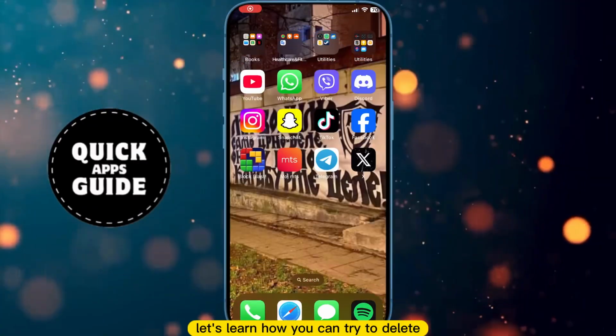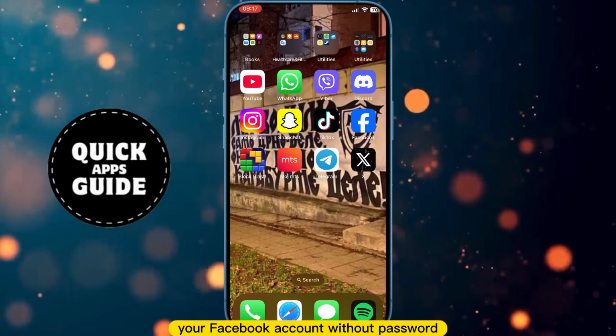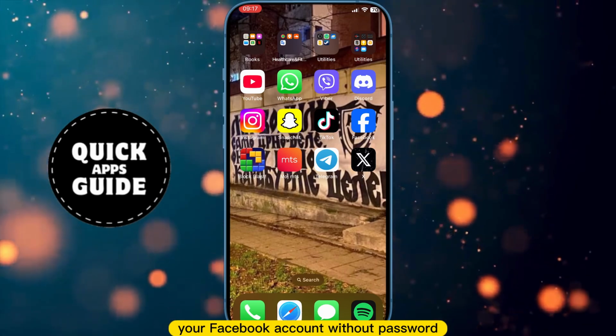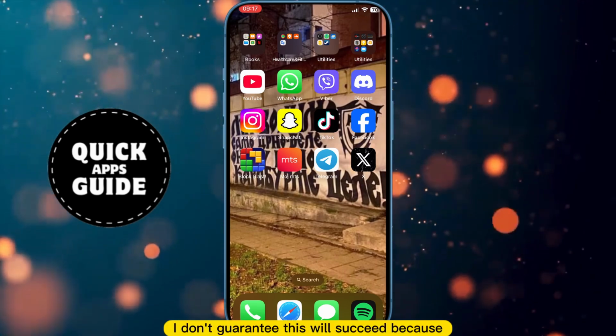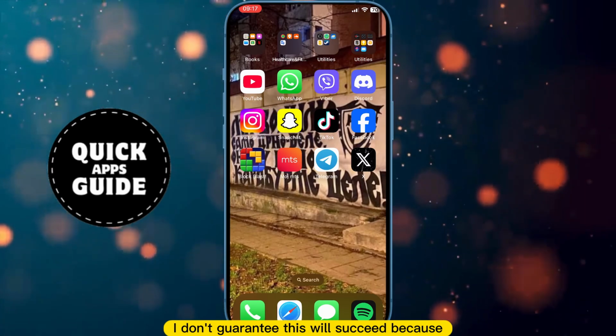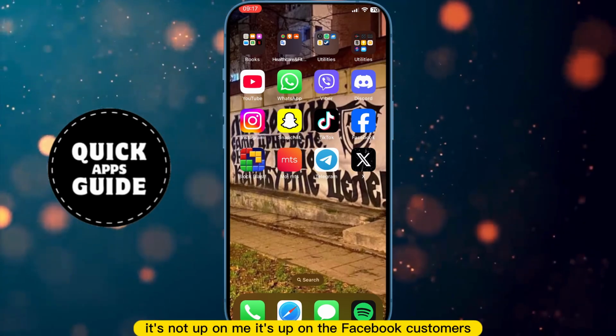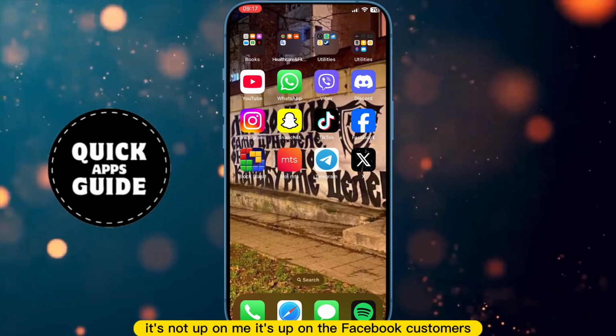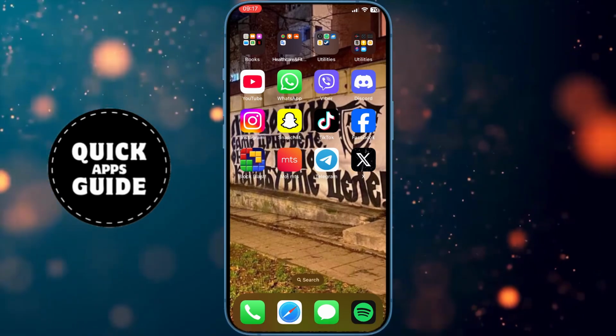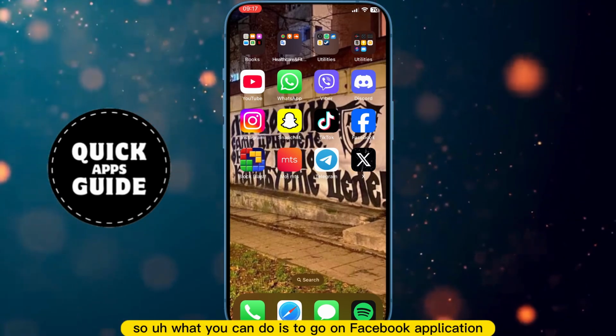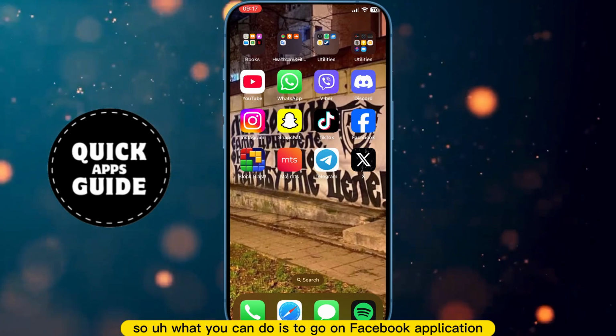Let's learn how you can try to delete your Facebook account without password. I don't guarantee this will succeed because it's not up to me, it's up to Facebook customer support. What you can do is go on the Facebook application